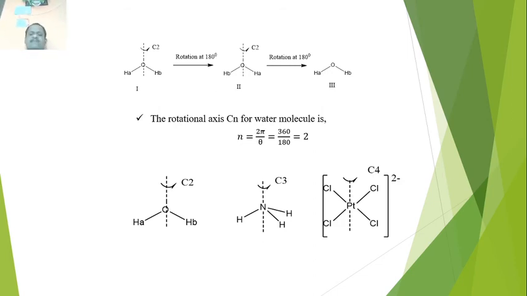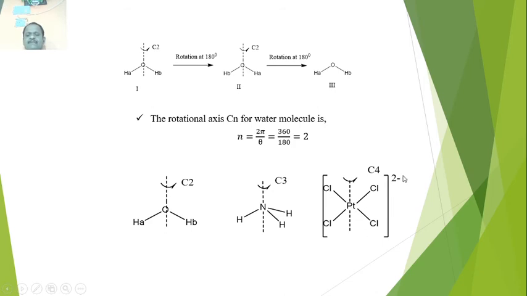That's why here theta is equal to what? 120. Theta is equal to 120. So if theta is equal to 120, then 360 divided by 120 is equal to what? 3. So n is equal to 3 means that molecule possesses a C3 axis. Same, we have another example,